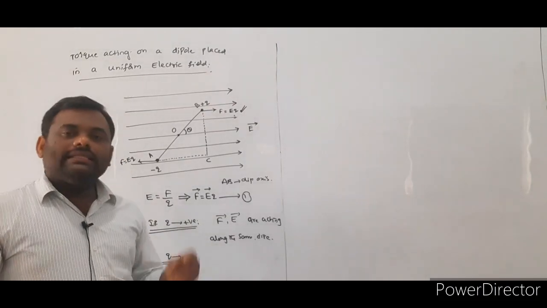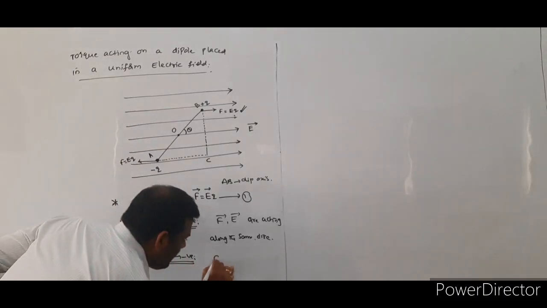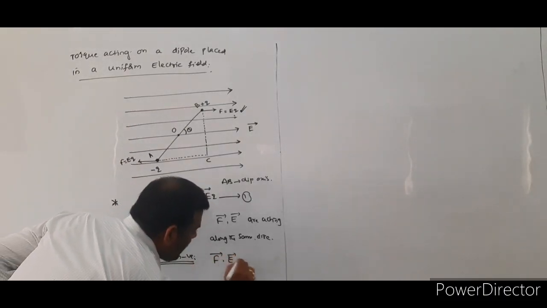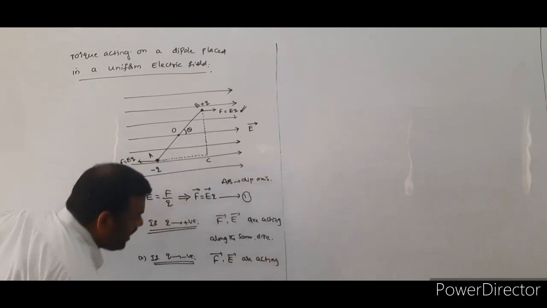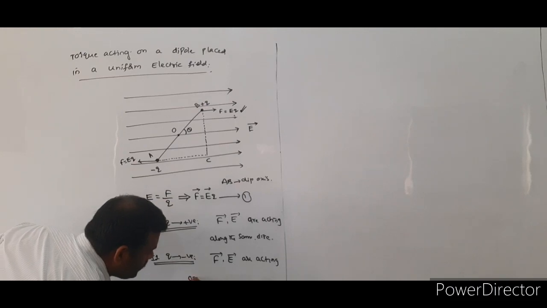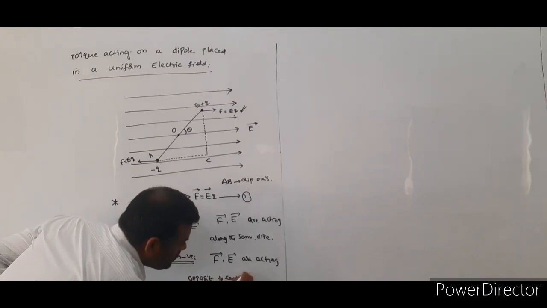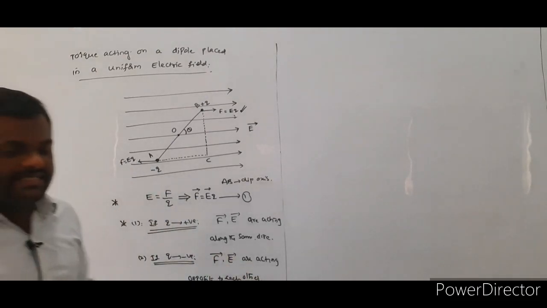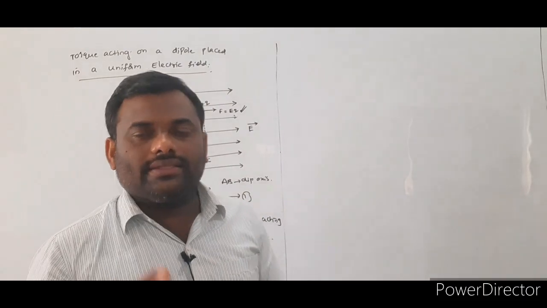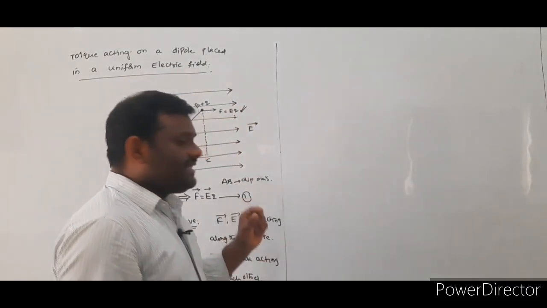So whenever the given charged particle is a negative charge, at that time F bar, E bar are acting opposite to each other. These two points we have to represent while we are discussing the force acting on the charged particles. Force acting on the charged particle.